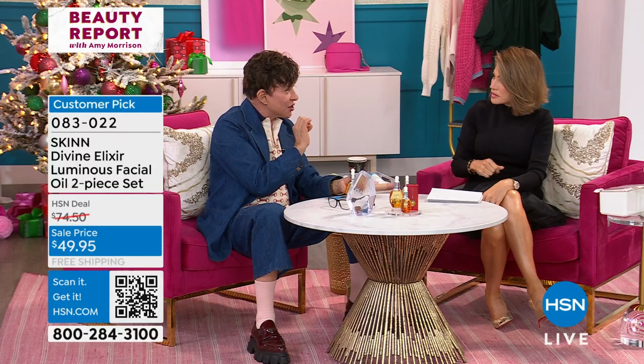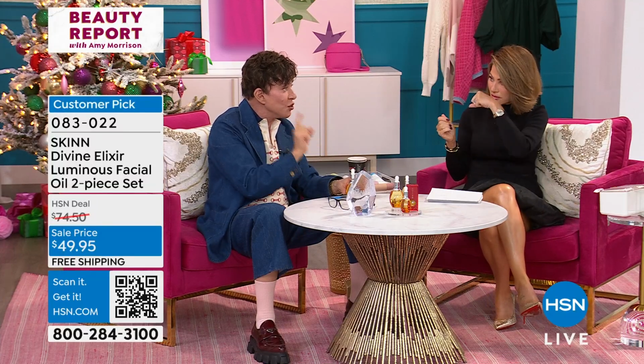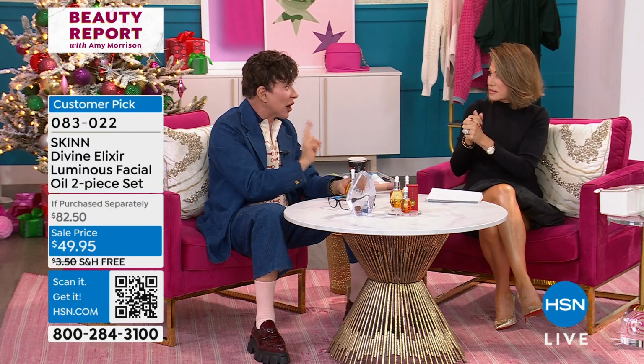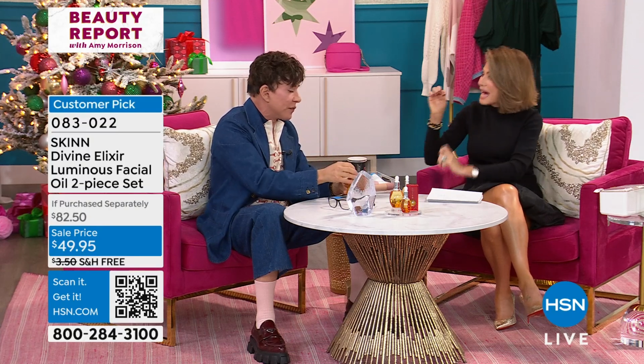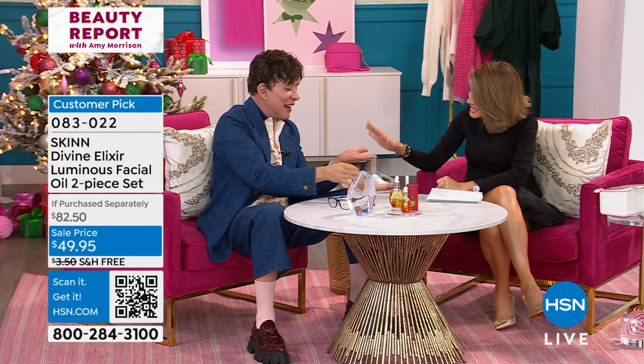Fast. Yes. And the glow you get with this vitamin C ester, which is the tetrahexyldecyl ascorbate, is the most stable. It's the only pH neutral vitamin C. It penetrates the deepest out of any vitamin C and helps support collagen in the fatty tissue. It penetrates. Is that why you get that glow that doesn't wash off? Yes, not only that, but